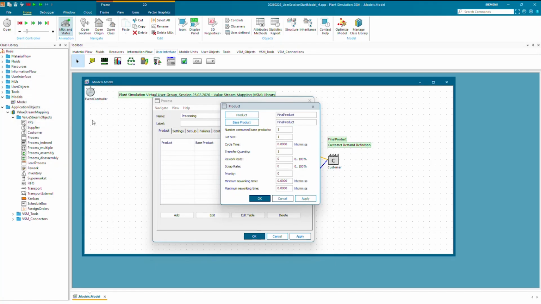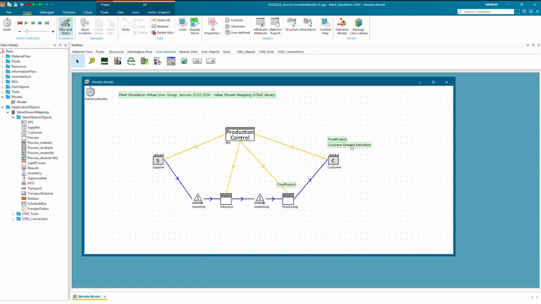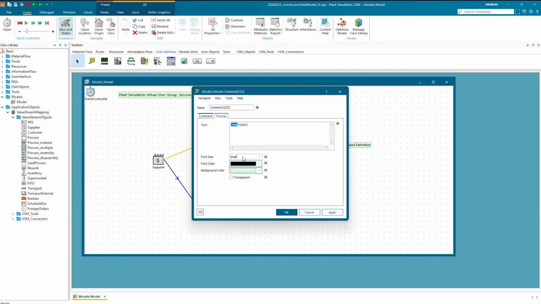Can for now maybe also do this here the same, and then we would just say, okay, this is just an easy example to have this here integrated. So a final product would here be produced. To also integrate here a product transition, we can say, okay, here is a different product included.